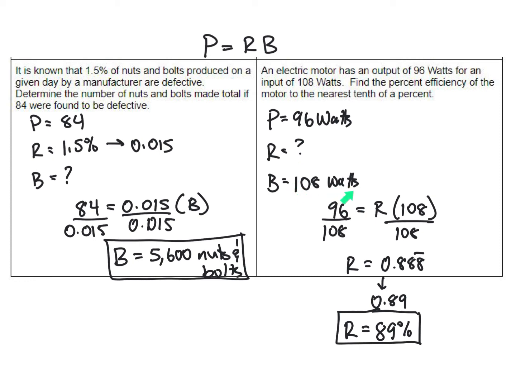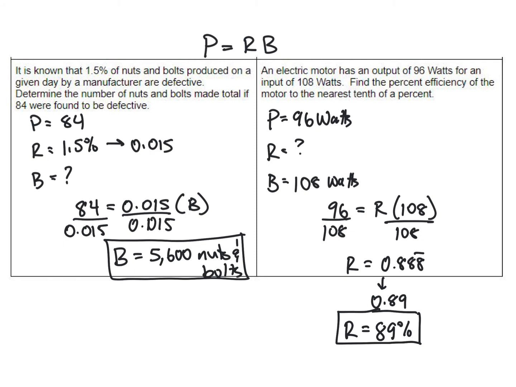Your base, in this case your input, would be 108 watts. So trying to find the percent, if I divide by 108, I would get 0.8 repeating. So I rounded that to 0.89, which is 89% efficiency for this electric motor. All right, these first couple examples were just looking at how to use that base application of percent based on the